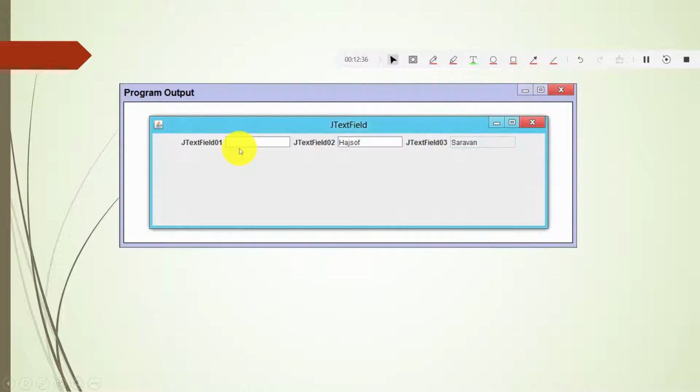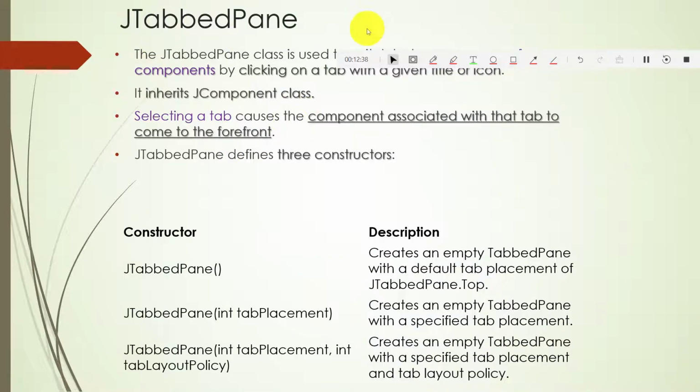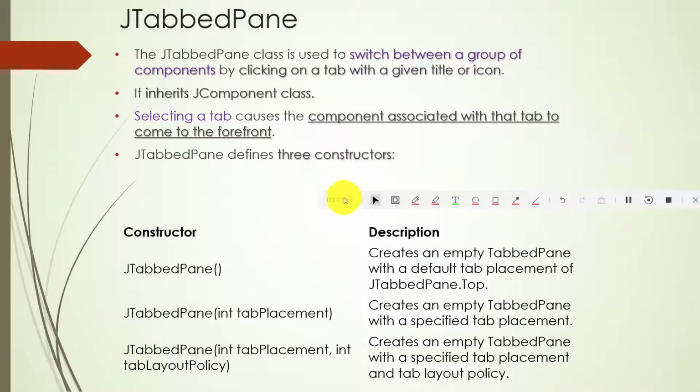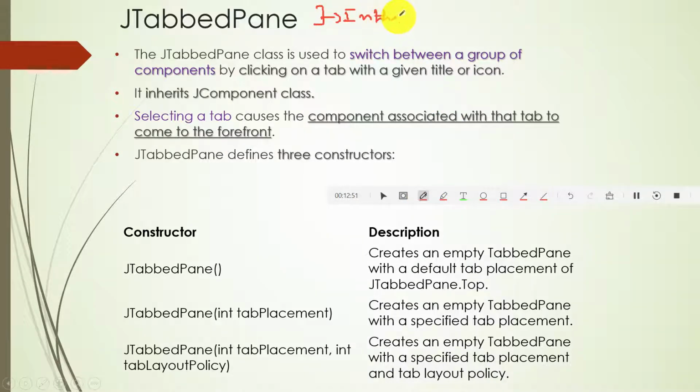So that is about J text field. The next one is J tabbed pane. What do you mean by tabbed pane? In this pane you will have more than one tab.